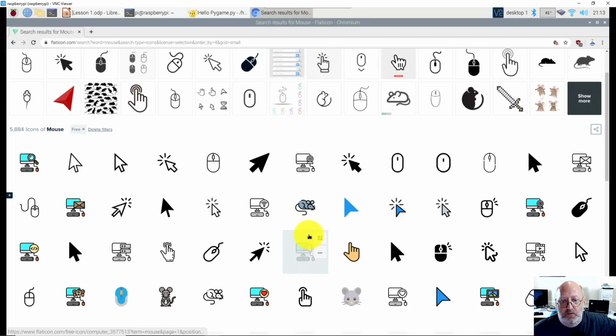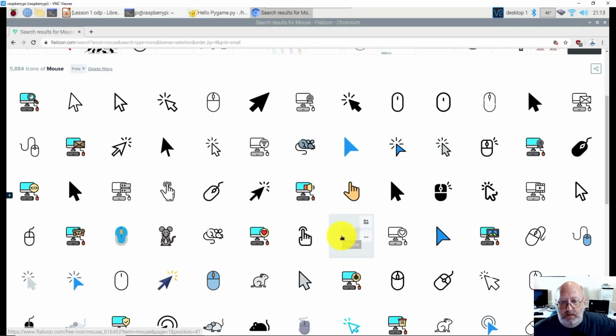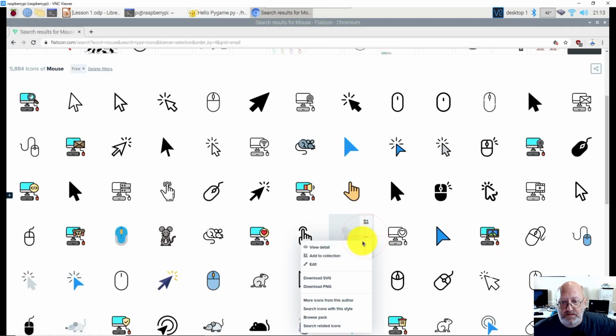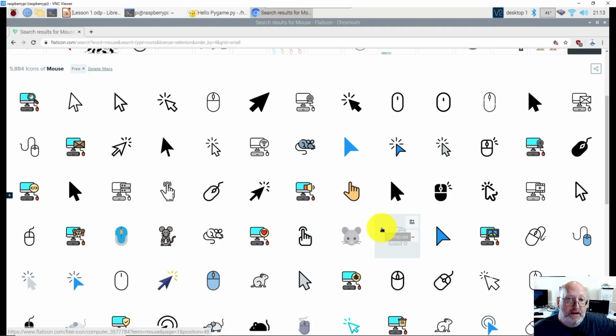And then I found one that I liked, which was this guy right here. I downloaded it. So I clicked on here. I said download PNG. I wanted it as a PNG file, not an SVG. So I downloaded it, but then the image was huge. It was 512 by 512. Now, if you remember, our images or our circles have a radius of 20, which means that they're actually 40